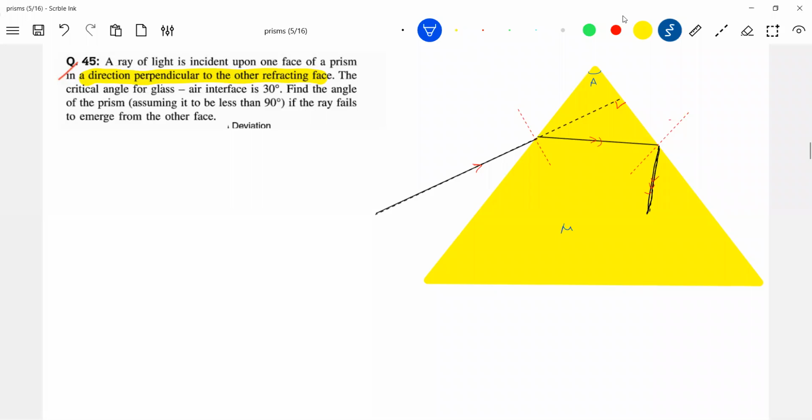So again, I'll get into all the basics as usual. I1, this will be R1. R1 plus R2 is A. So first we'll get this: this is 90 degrees, no? Take this as alpha. If that is alpha, this should be alpha. So alpha should be 90 minus A. Then I1 plus alpha should be 90.